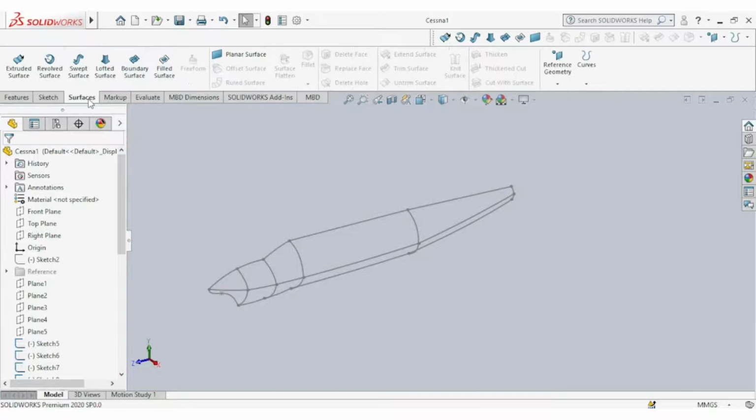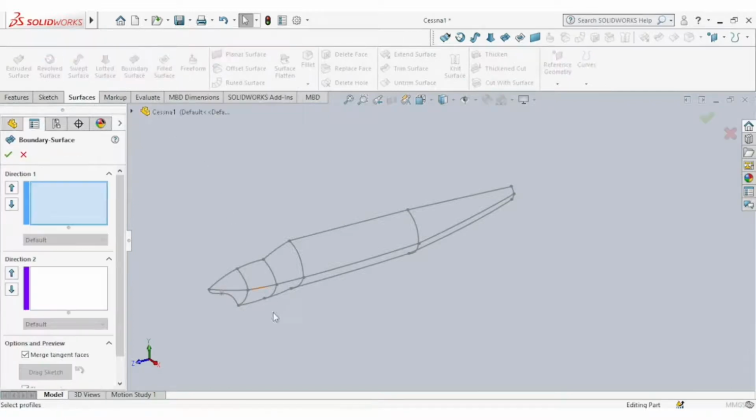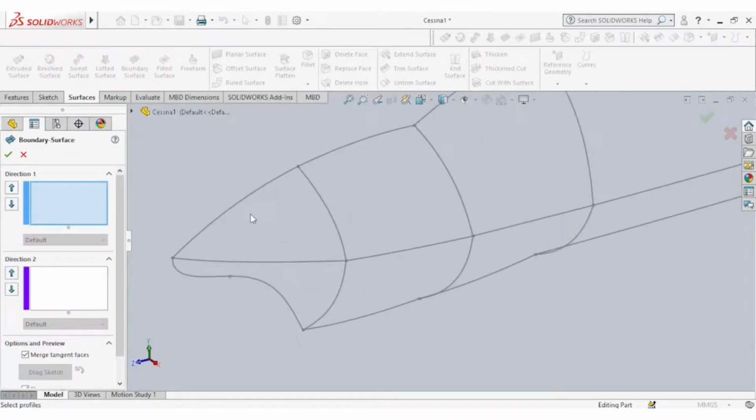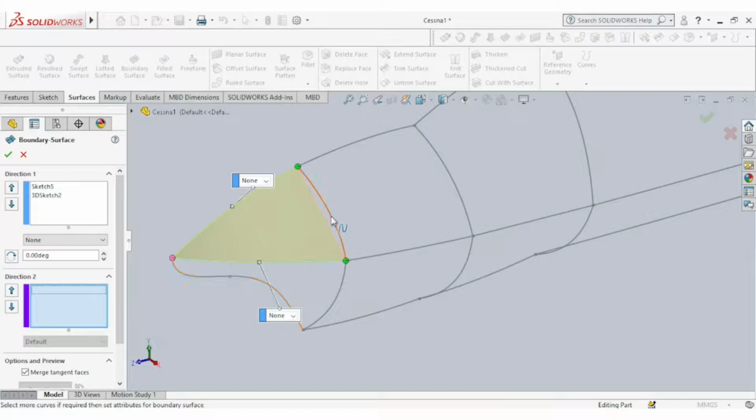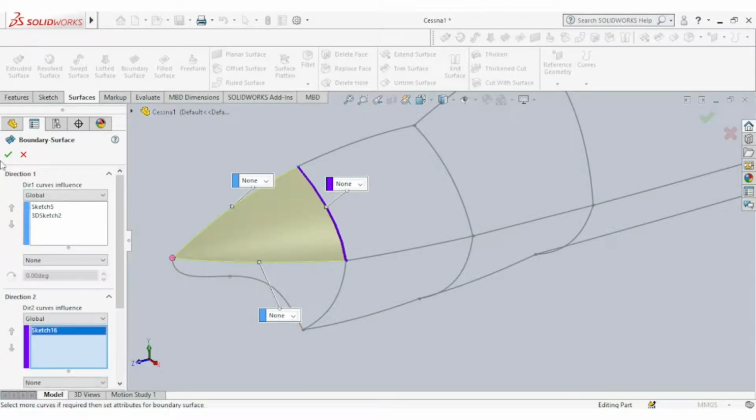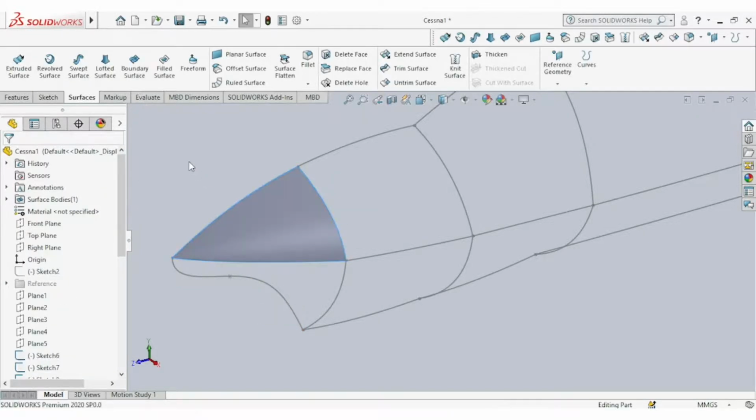Okay, go to boundary surface. Select the first 2 sketches and then the guide path. Okay, that's done.